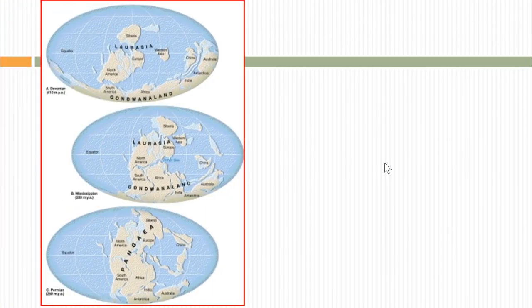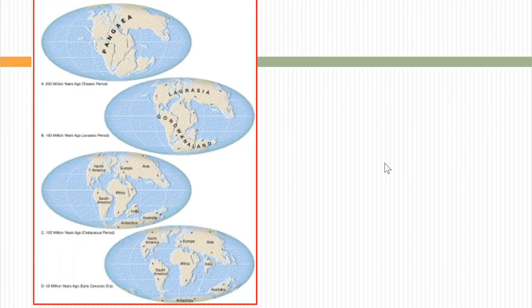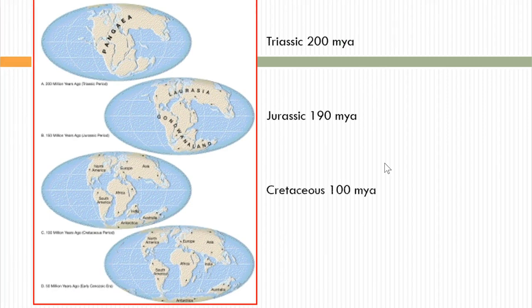So then they just start shifting around, and eventually you get to, after the Permian, by the way, massive extinction, right? The largest extinction in history. And then we keep moving. We get Pangea, which is super famous. Yay, right? This is dinosaur town. Jurassic, Cretaceous. And then eventually we get to where the continents are today, and they will move again,